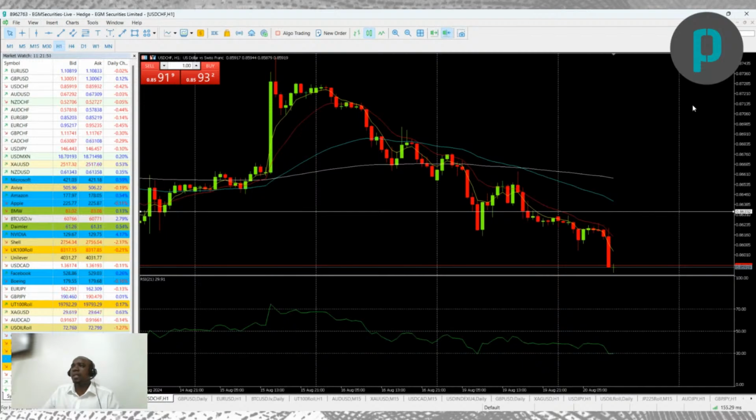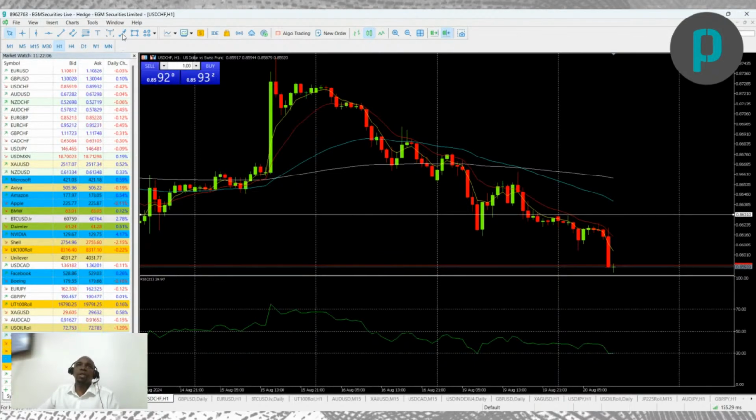So maybe a test of today's high. A test of this Asian high over here, which was the highest price during Asian session. Maybe we should see a test of this high and then a continuation of the bearish push. So ideally,